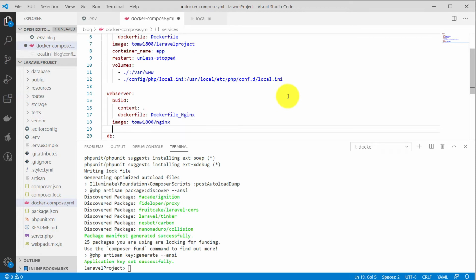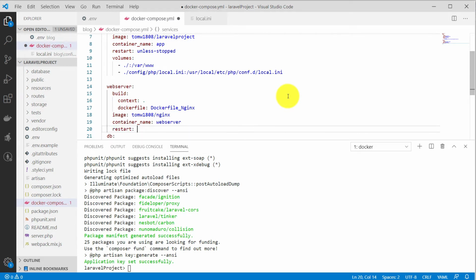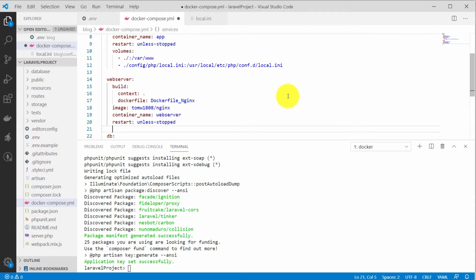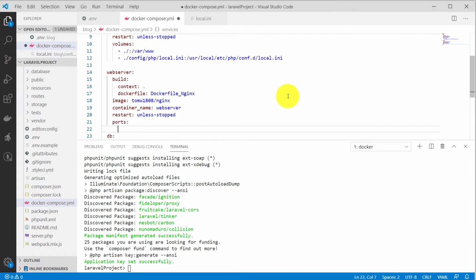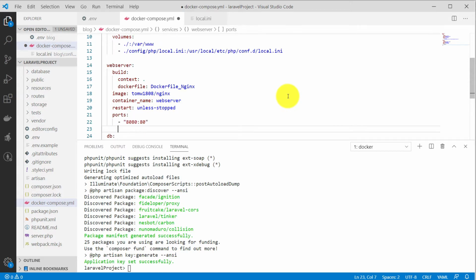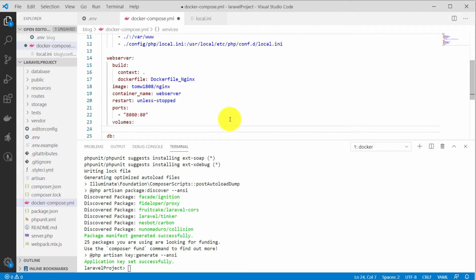Nginx, and we are going to give the container a name, web server, and we restart unless stopped. And here we are going to offer port mapping. We are going to map port 8080 from the container to port 80 on the host. This container will have the same volumes as our previous container, and we are going to map this into var www,